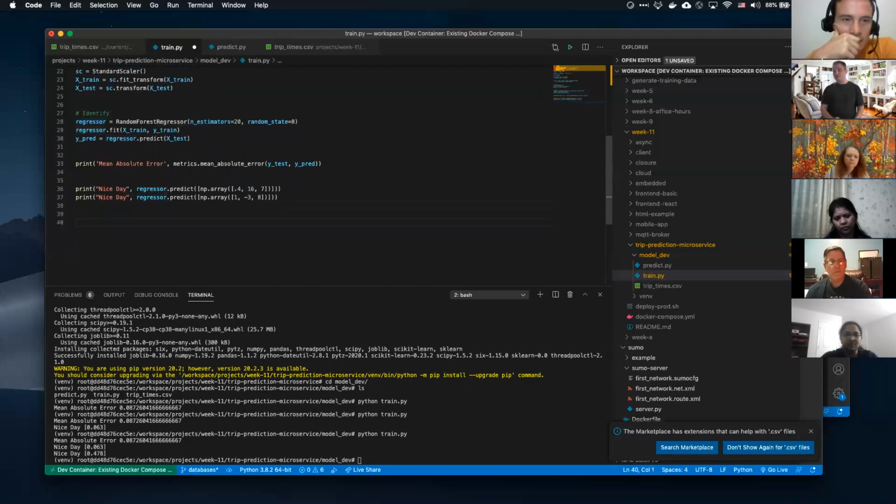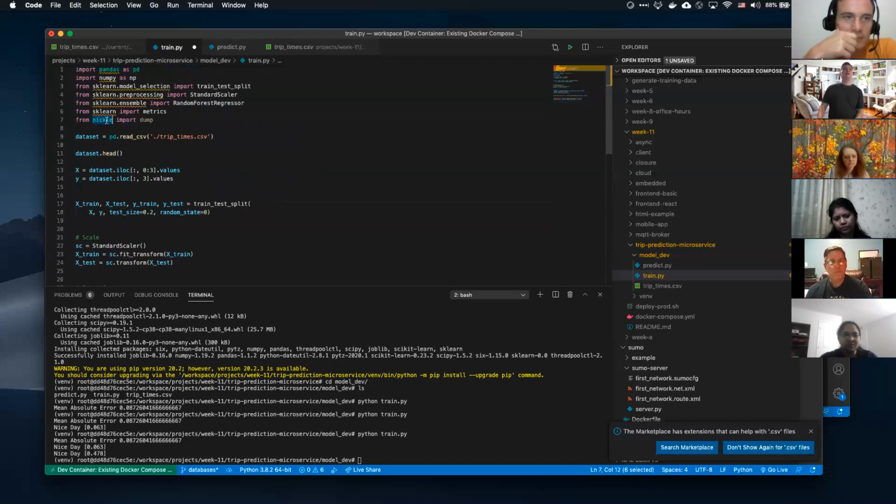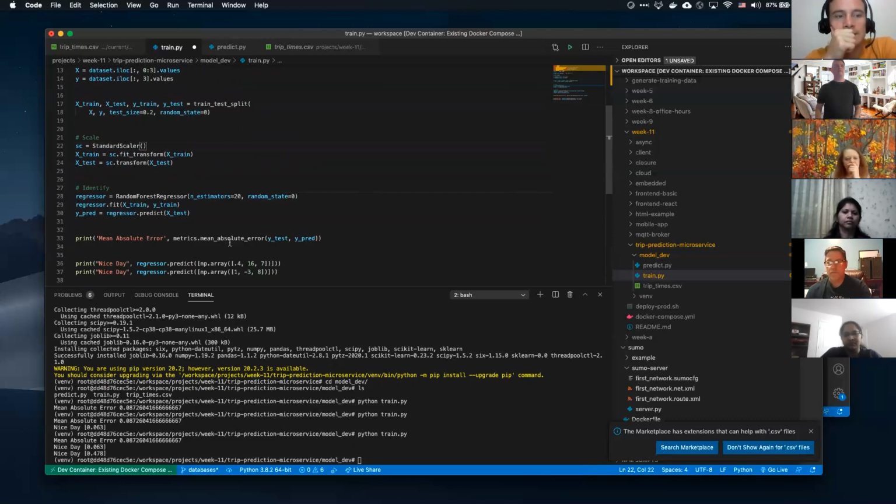Well, it turns out sklearn gives us a really nice thing. In fact, Python gives us a really nice thing, not even sklearn. It gives us this thing called pickle. What pickle does is it serializes Python objects and data. And that's a really awesome thing, because it basically allows you to take a snapshot of your current runtime and then open it later. So you don't always have to be running it.